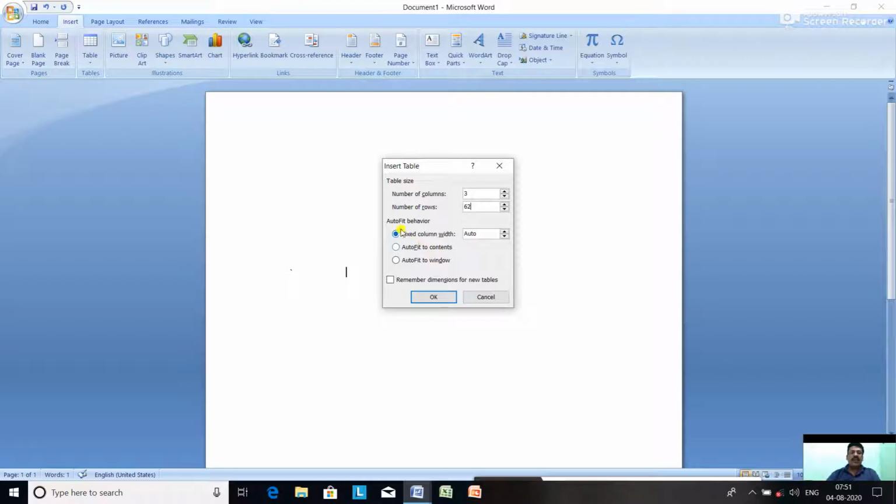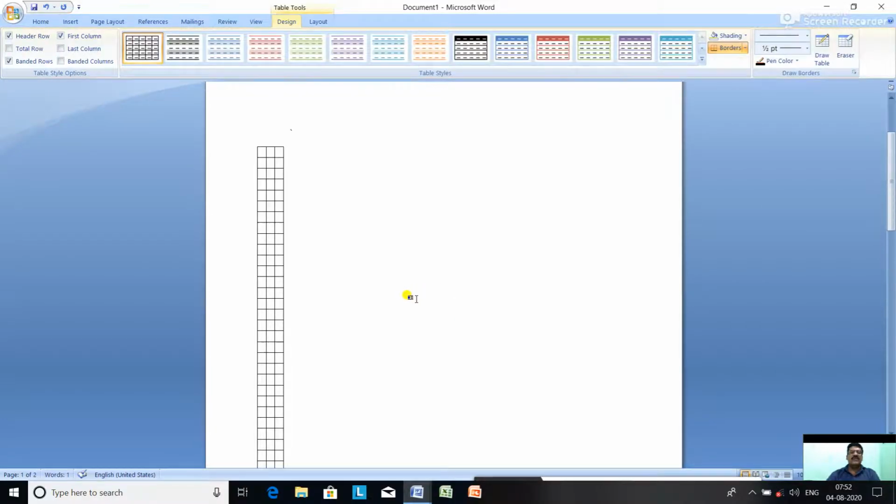Then we have 3 options here under auto fit behavior: fixed column width, auto fit to contents, auto fit to window. I suggest you select auto fit to contents. Click on auto fit to contents and click OK. As you click OK, the table is created. In this, you can type the heading first: serial number.